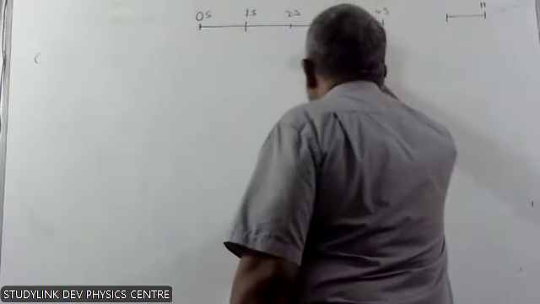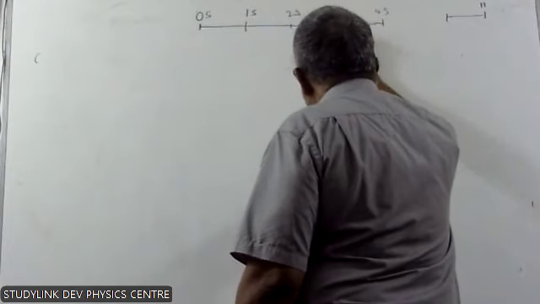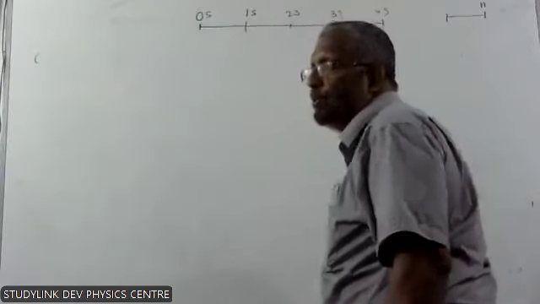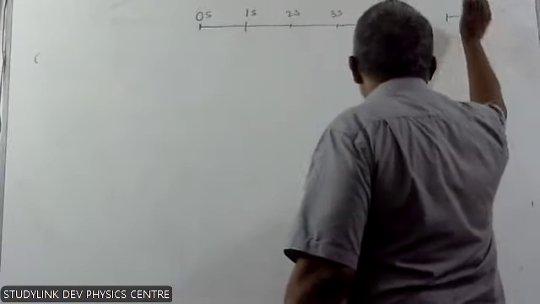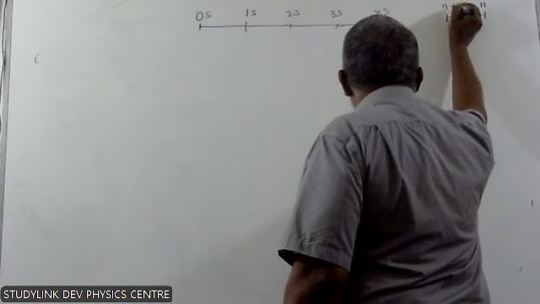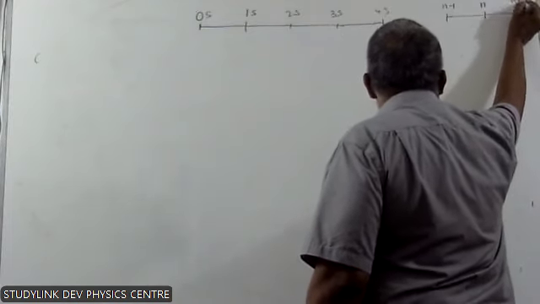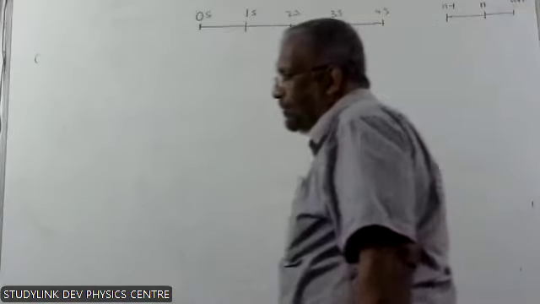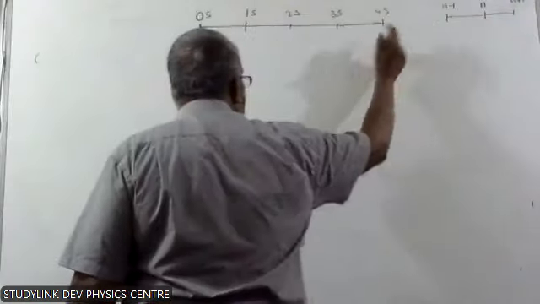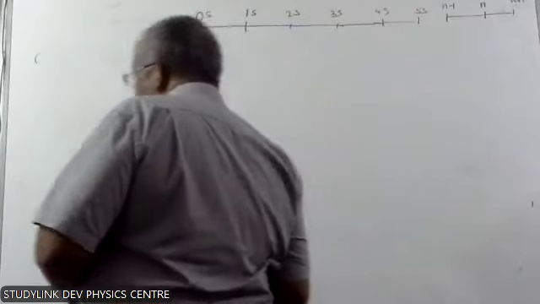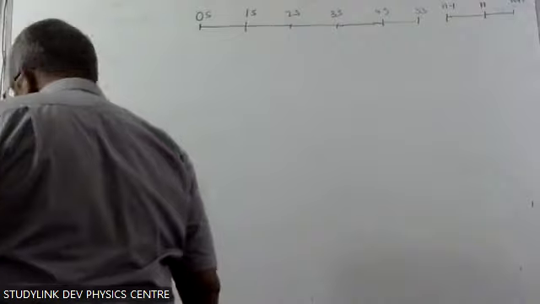So 1 second before 3 is 3 minus 1, that is 2. Then n minus 1. If you want, the next one is n plus 1. Like that you can add and go. But anyhow, these things we consider. If you want, I'll write in 5 seconds also. Normally, durations, as I said,